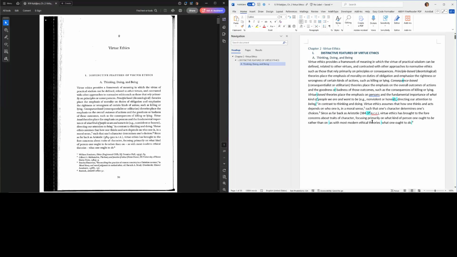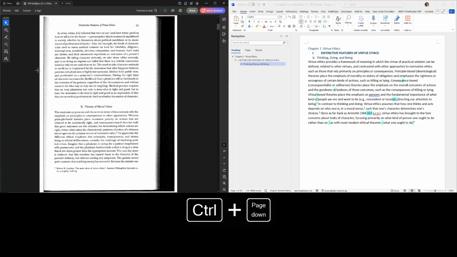Yeah, footnote number 2. This caret doesn't look right. So 384-322 BCE looks right. I actually got rid of that space when I did my find and replace, but that's okay because it's a quick add back. And now I feel good about my first page. Control Page Down.